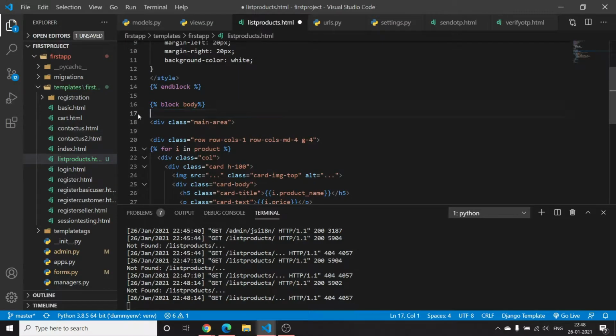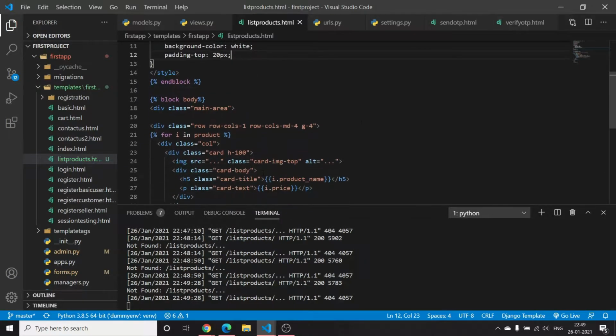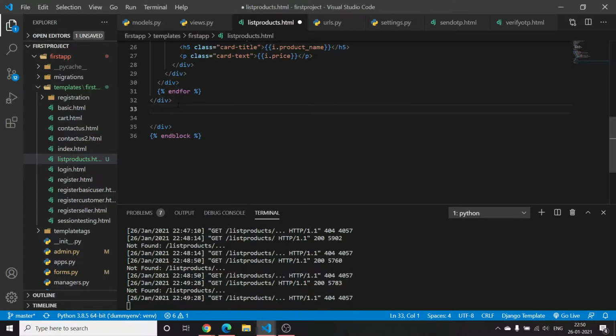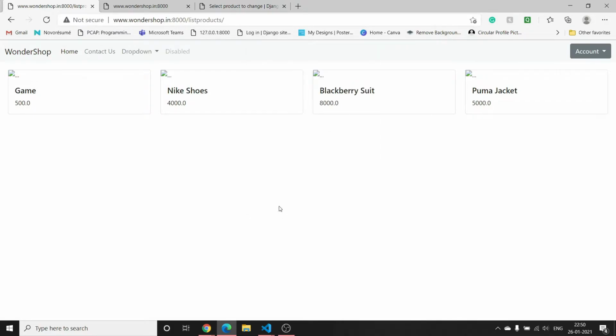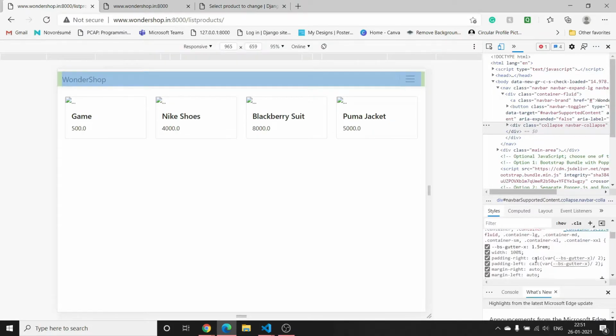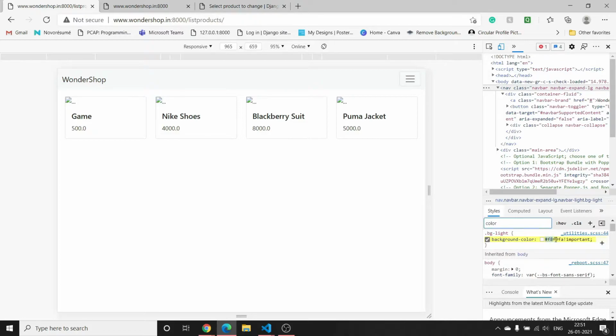We have to remove this form here, and let's add one more div here, like div product cards, and let's end this div here. I want a background color here, so I will copy this color here. The background color is this. I want this color only in the background.